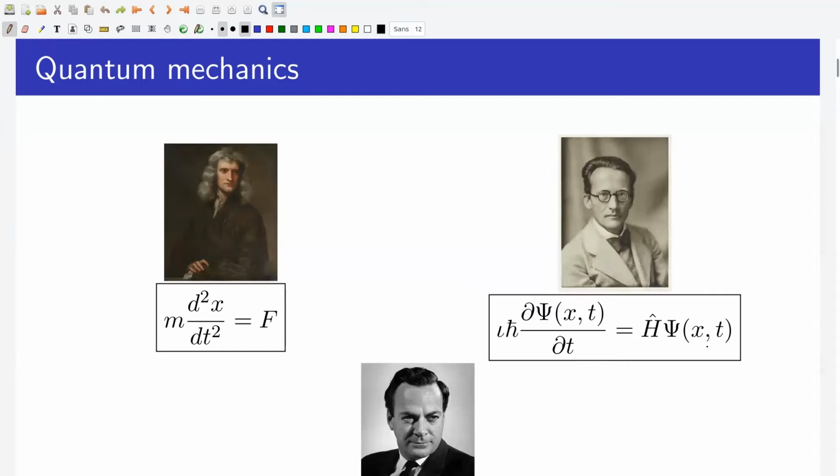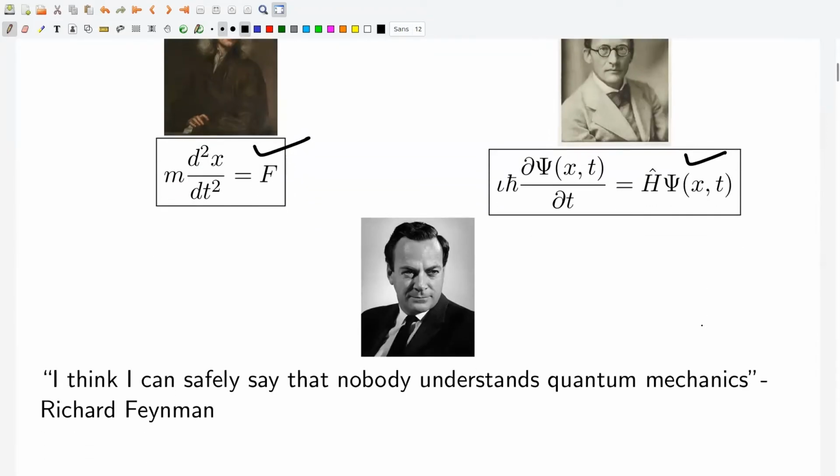We can start classical mechanics from Newton's second law of motion. Similarly, we can start quantum mechanics from the Schrödinger equation. Feynman once stated that, "I think I can safely say that nobody understands quantum mechanics." In this course, we shall not even attempt to understand everything in detail. Rather, we shall focus on getting used to the formalism of quantum mechanics and solve some important problems using this